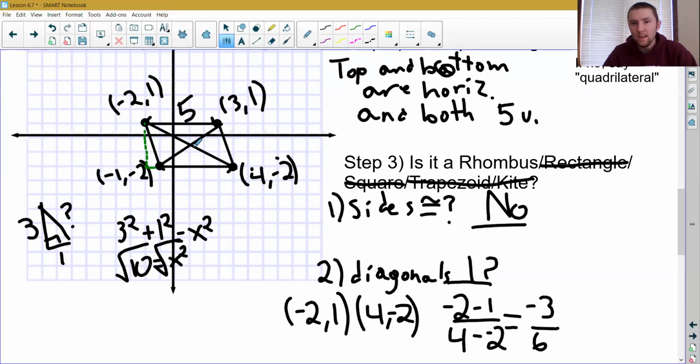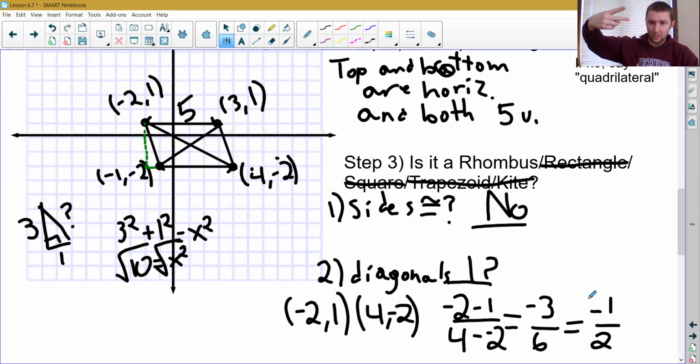Okay, now I'm going to do the same thing for this other diagonal, right? And I'll see if I think those slopes are opposite reciprocals. Okay, I am going to say this one equals -1/2. And what you can be thinking about, you guys, is what am I looking for now in my perpendicular slope, right? What do I want it to be if it is going to be perpendicular? Well, remember, perpendicular slopes do flipped over reciprocal and change the sign. So we would go from -1/2 to +2/1. So that's what I'm going to be looking for when I do this other